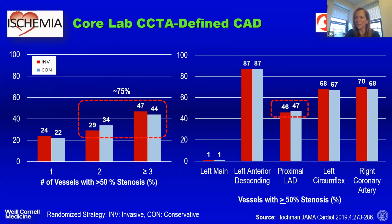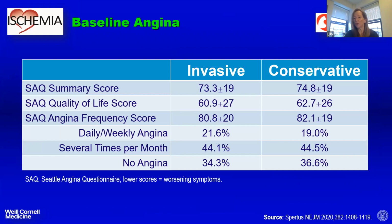Again, this wasn't a preponderance of single vessel disease. Three-quarters of the patients had multivessel disease despite having preserved EFs. Almost half had proximal LAD disease. So this is a population with a fair amount of disease where this is the core of secondary prevention in these patient populations. Looking at the baseline burden of angina, those of you not familiar with looking at SAQ, although